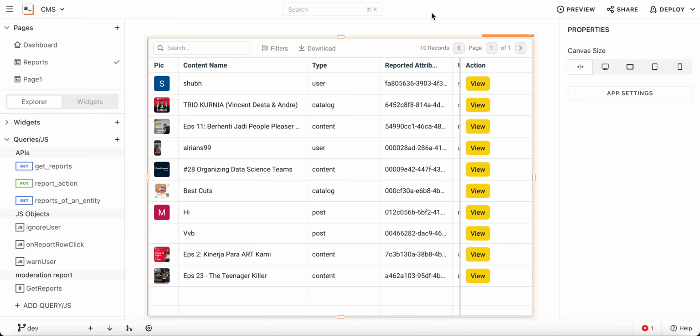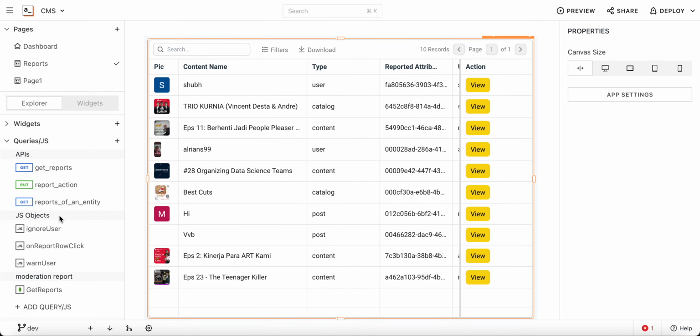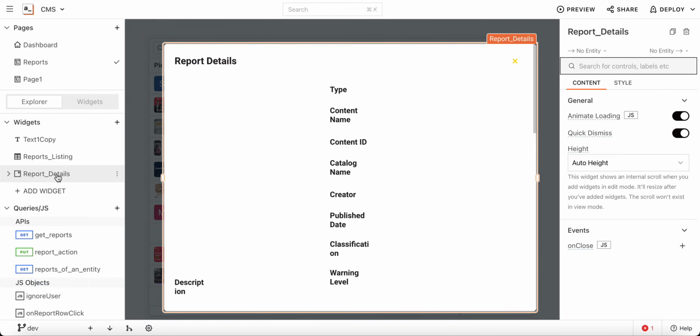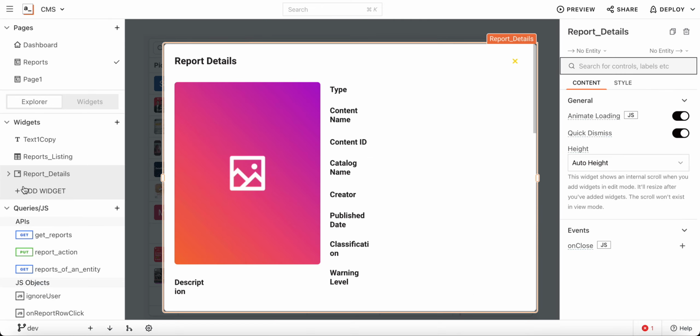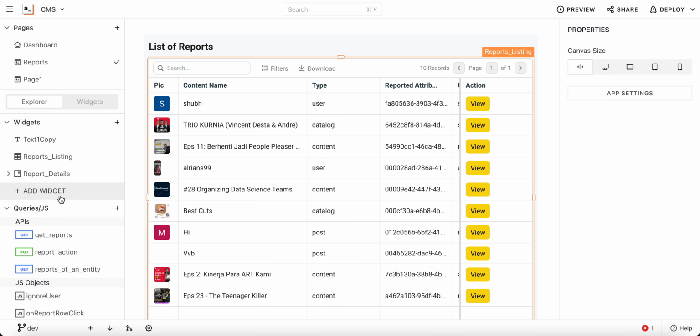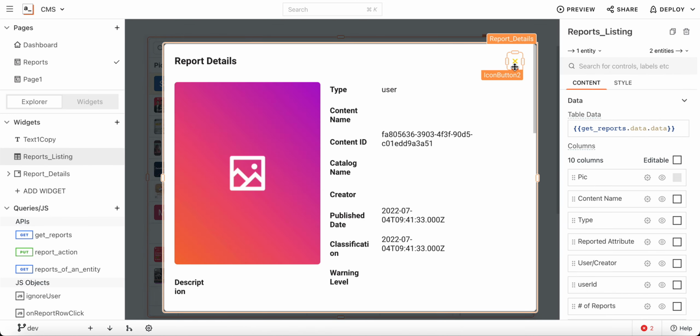Now let me show you how we are creating a modal. As I already told you, if I'm opening the widget, you can see I have created report details. This is the modal which I have created, the widget in the widgets. So now with this report details, we will be going after this one, but let me show you